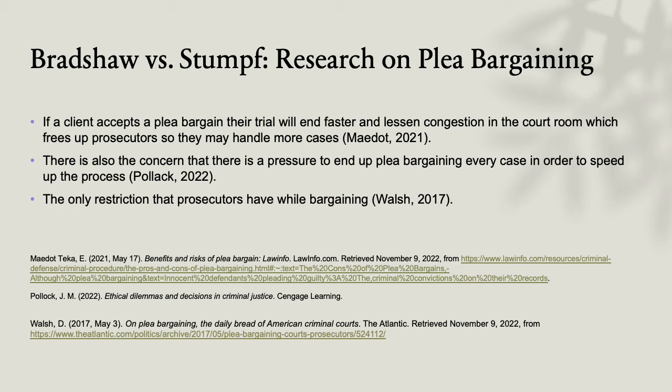According to an article, the only restriction prosecutors have while bargaining with the defendant is that they cannot use illegal threats in order to secure a plea from them. This leaves a lot of room for manipulation from the prosecutor, which I believe should be more restricted. Prosecutors are even allowed to make threats towards pressing charges on the defendant's family. This seems like an excessive technique to extract a plea from a defendant.